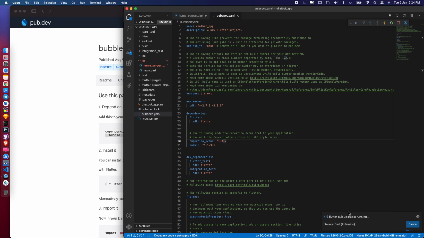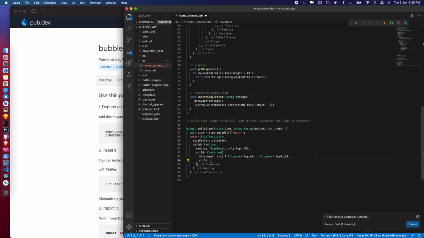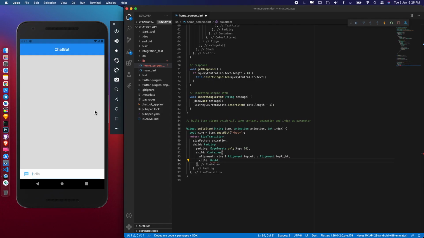Now what we can do is, okay, I think this got our package downloaded. Let me also upgrade our project so that we don't encounter any issue. What I can do is click write bubble. It's not showing Bubble. Let me close everything. Bubble. Okay, I got it working.